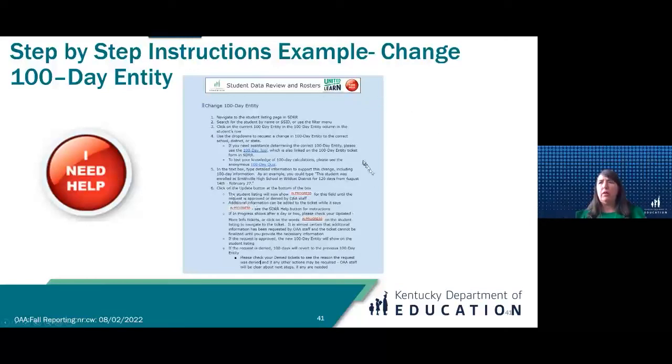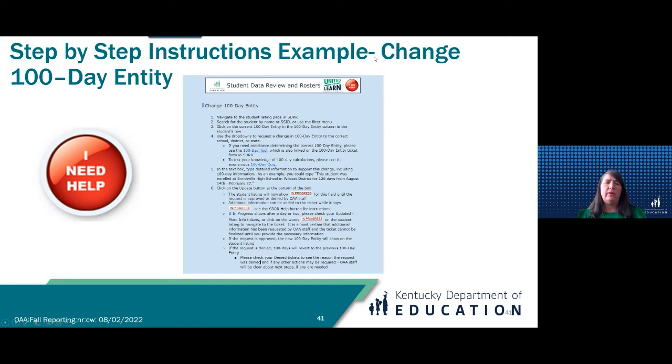Another thing for you, not only the PowerPoint and the video you want to go through, but you also want to download your rosters from the spring. And as a new person, you want to make sure that you've downloaded those. And even if you're not new, if you forgot to download those, go back and download those from the closed section for your rosters. But like I said, if you need some help, the I Need Help button is going to be another important resource, along with the 100-day tool and quiz.